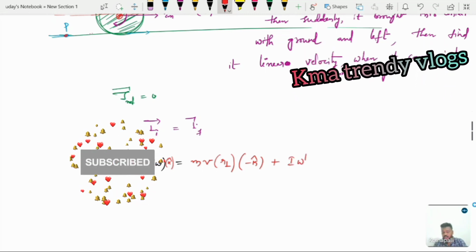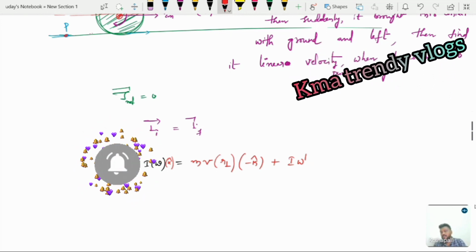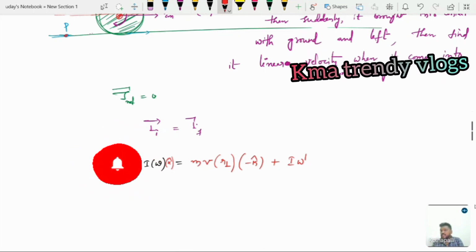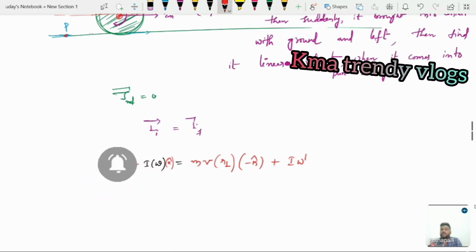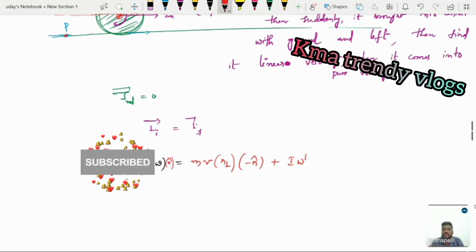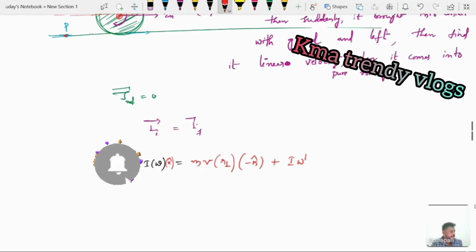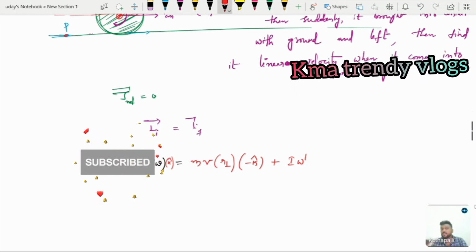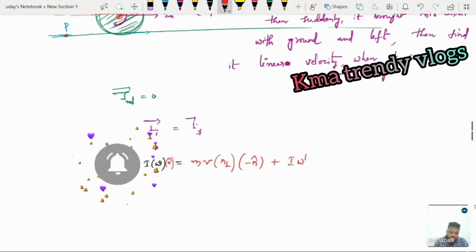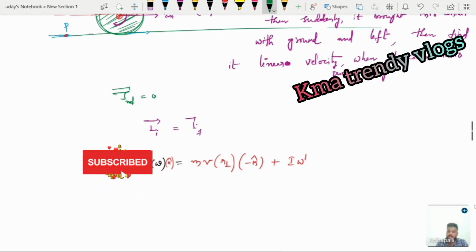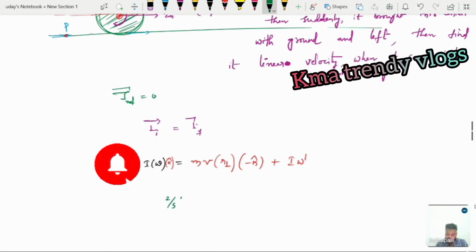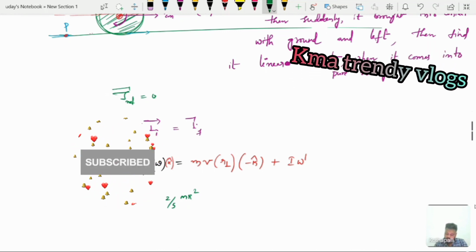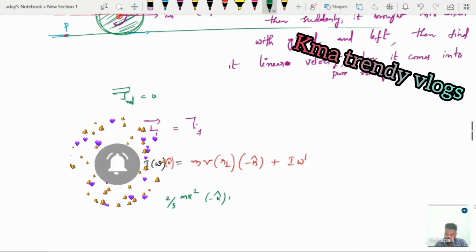It won't be I omega, because the initial angular velocity's kinetic energy changes into rotational as well as translational kinetic energy, which means some part of the rotational kinetic energy is converted into kinetic energy of linear motion. So initially we write 2 by 5 m r square